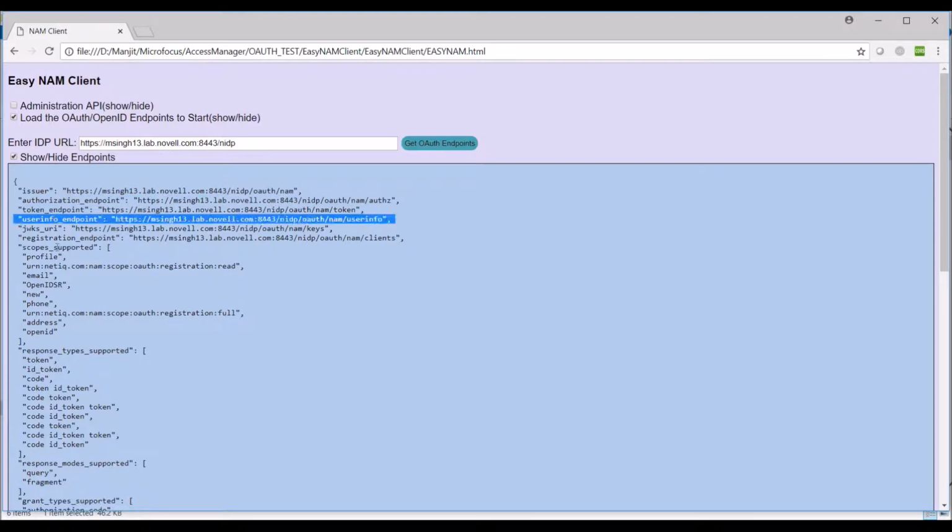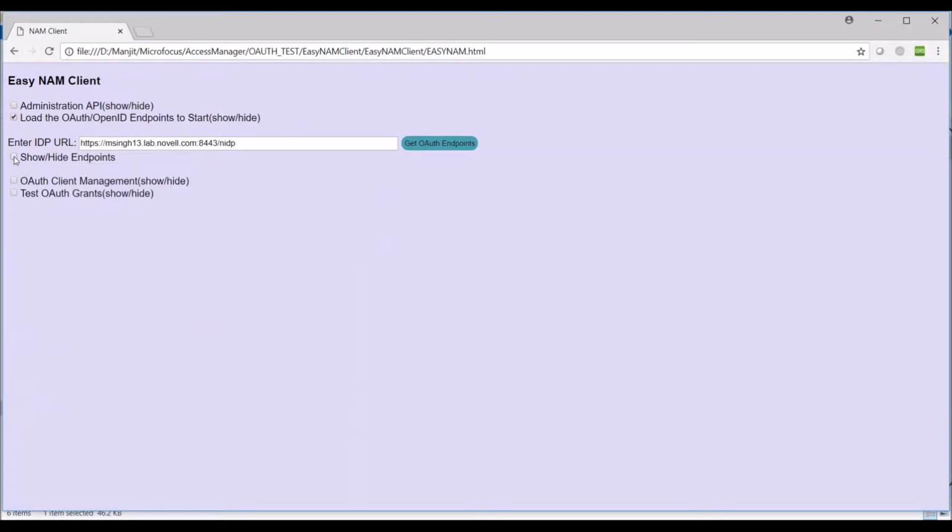Token endpoint, user info endpoint, scopes, response types supported. So all the OpenID and OAuth endpoints you can see here. As it has taken the whole screen, you can hide this by clicking here. Now I'm going to show how to test the different authorization grants one by one. For that, you need to click on this third option,